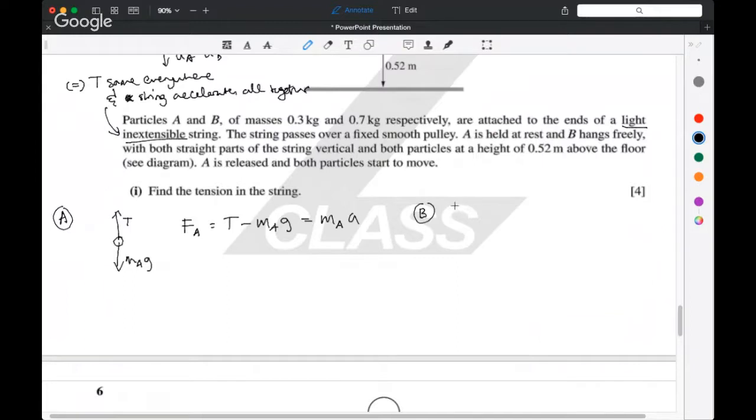And for B, we've got a similar situation. But now the net force acting on B, I'm talking about downwards being the positive direction. So this is m_B g minus T, and this is equal to m_B a. So if I add both of these together, the T's cancel out. I get (m_A plus m_B) times the acceleration is equal to m_A